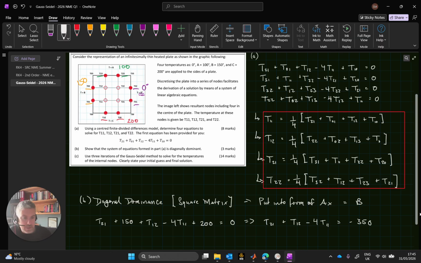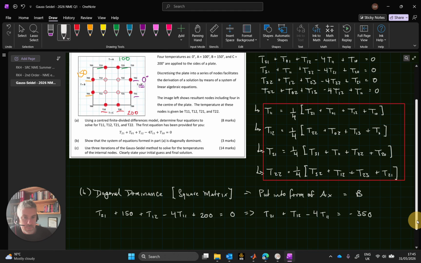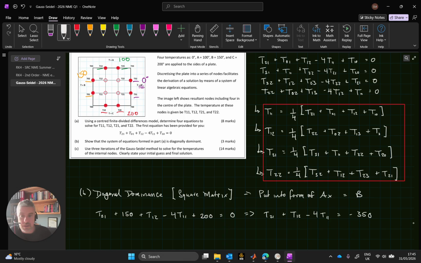Okay, that's one. Okay, the next one here is the T31. Now T31 itself does have a temperature. So T31, let's skip space, 0. Right, that's on the purple, T31, plus T11 doesn't have a temperature, is an internal node, plus T22 is an